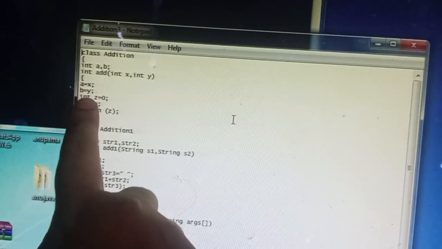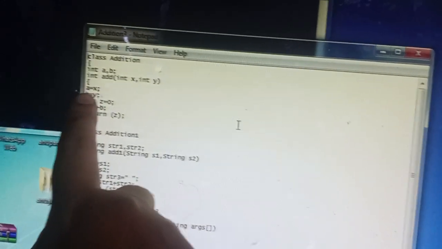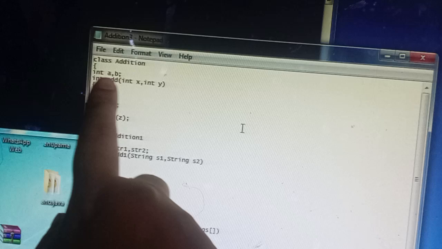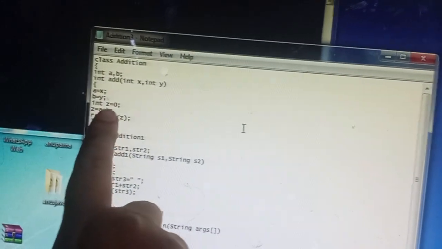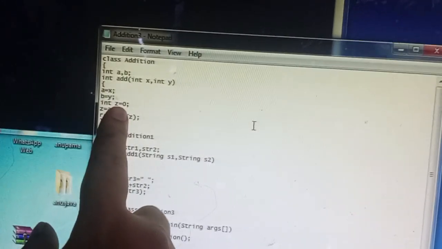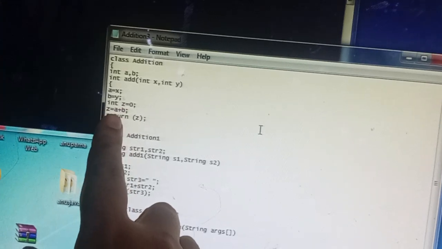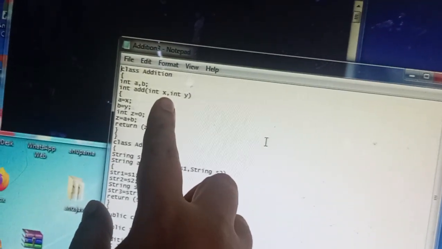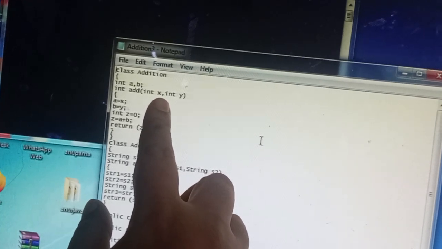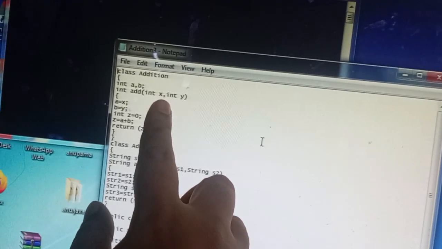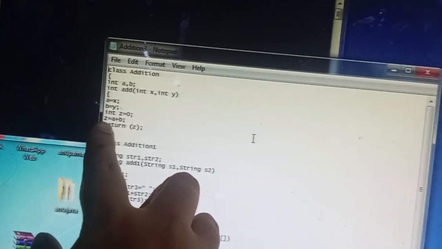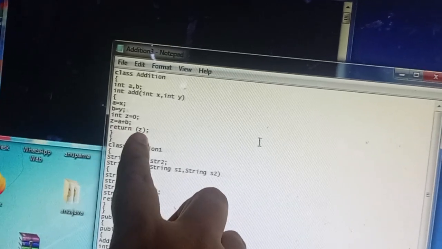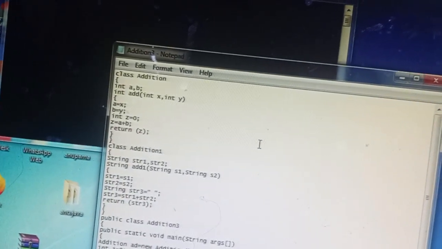In the function I assigned a to x, b to y, and created one more variable z, which equals 0. I just add the two values given as arguments, and the result is placed in z. That will be returned to the main class.